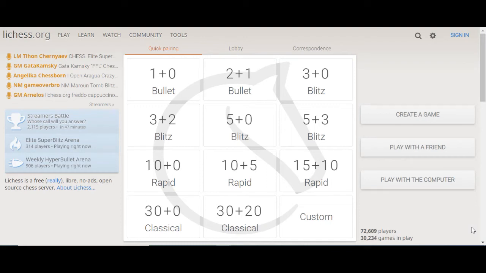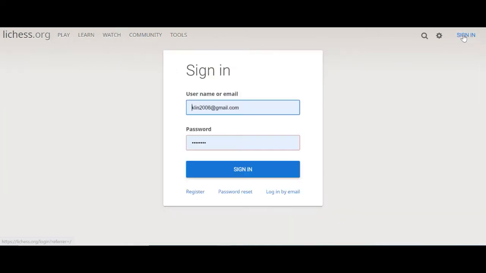Hi, in this video I'm going to show you how to create a team in Lichess and to host your own tournament. You first want to go to sign in, and you want to create a username and password if you haven't already, so you can click register. Once you do, you're going to sign in,